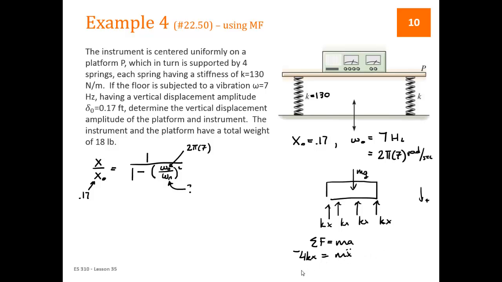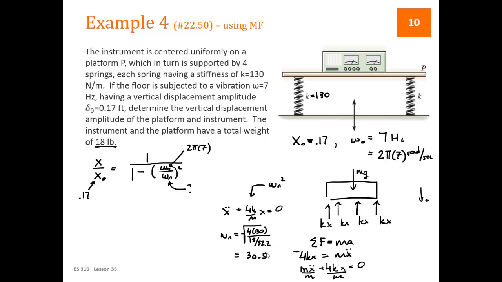So rearranging this, we get m x double dot plus 4kx is equal to 0. To make it standard form, we want no coefficient on the x double dot, so we're going to divide by m. Standard form then would be x double dot plus 4k over m times x is equal to 0. We know from our standard form that the coefficient of the x term is omega n squared. So if we plug in some numbers, omega n is the square root of 4 times 130, which is k, divided by the mass, which is 18 pounds divided by 32.2 to make it a mass. This is equal to